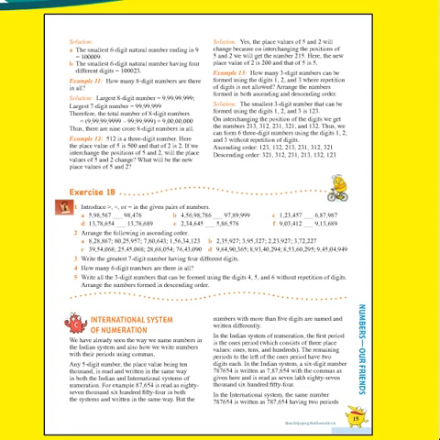So any 5-digit number, the place value being 10,000, is the same in both the systems, in the Indian system also, in the international system also. Up to 5 digits, the place values of the numbers are the same in both the systems. For example, see, here we have an example. We have the number 87,654.